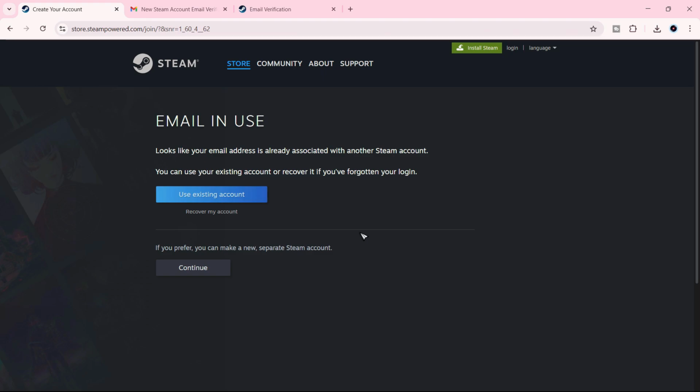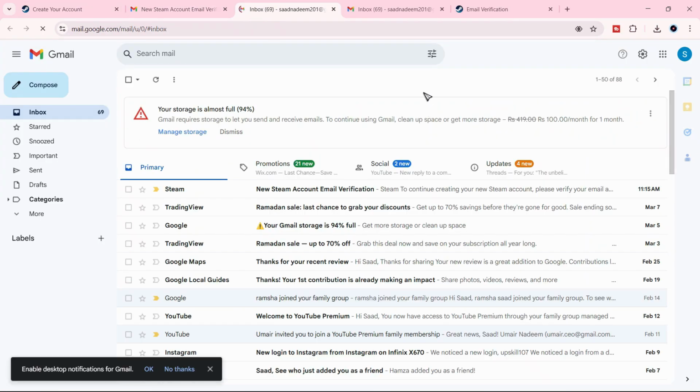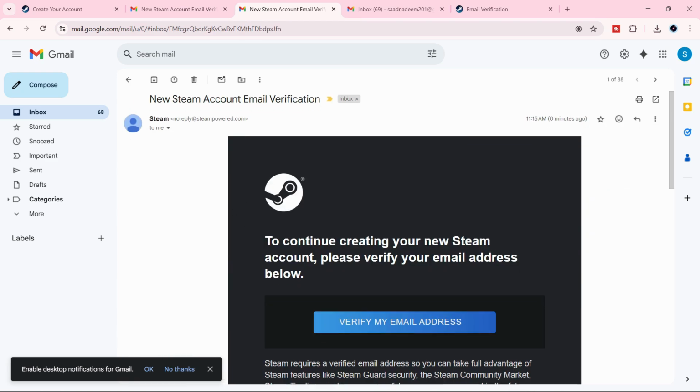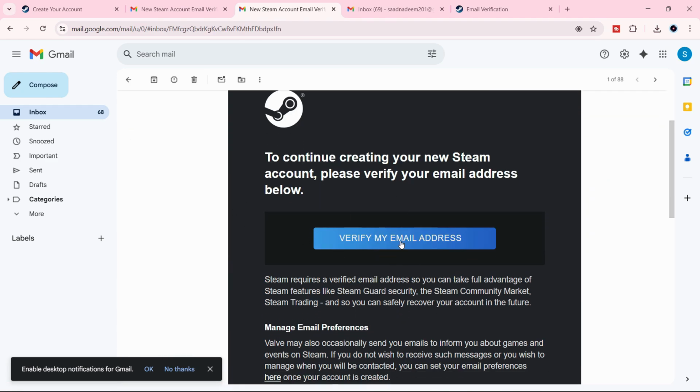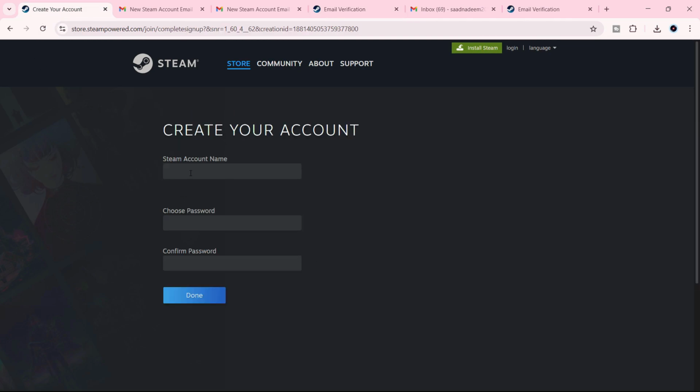It will automatically continue. This email is already in use, so let's recover the account. So let's continue, and it will send the email to verify the email address. Let's just quickly check that. Here it is, the verification email. So we want to verify our email address, and now the email is verified. It will automatically continue, and we can